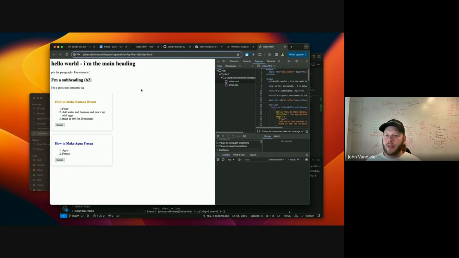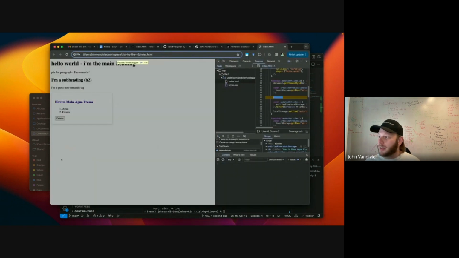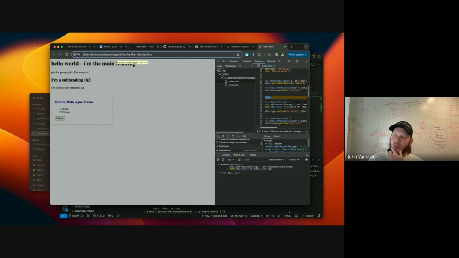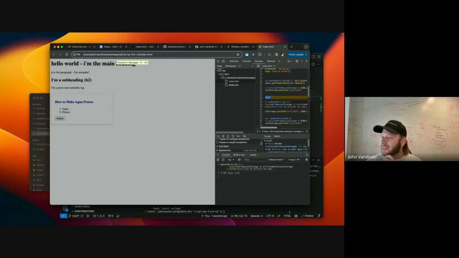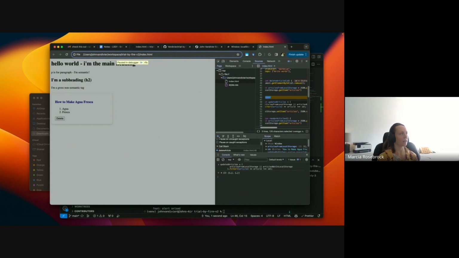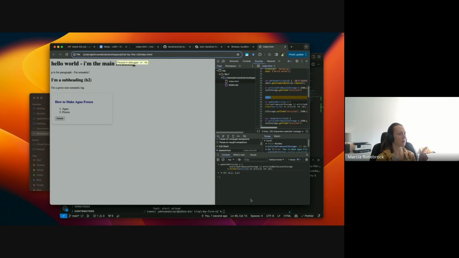So you see now I'm refreshing. There's only 2. And let me delete the agua fresca. And now I'm refreshing. Oh, there's still 2 here. Nope, something is wrong here. Let's see. Refresh my page, click the delete. And this should have only 1 article remaining. It has 2. You keep deleting the agua fresca, and that's the one that's there. I don't know, that's just observation. You clicked delete, but banana bread went away.